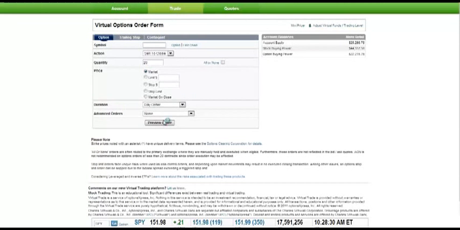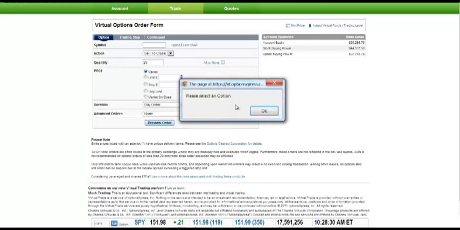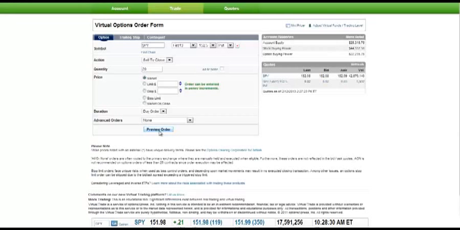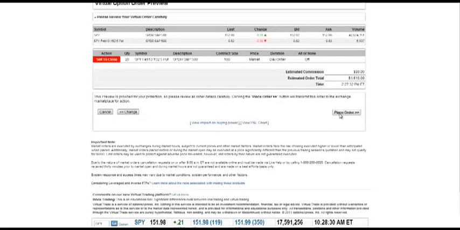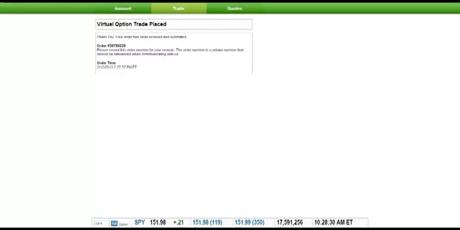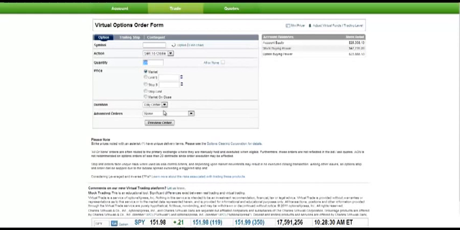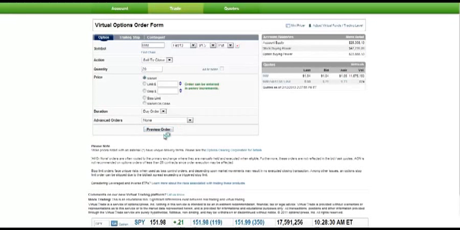All right, so sell to close. If that came through, oh boy, hang on one second. Okay, so spiders, preview order, and place that. And now I'm going to go to my IWM, and I'm going to close this as well for $200. So preview order